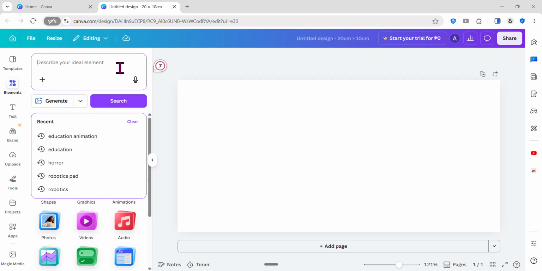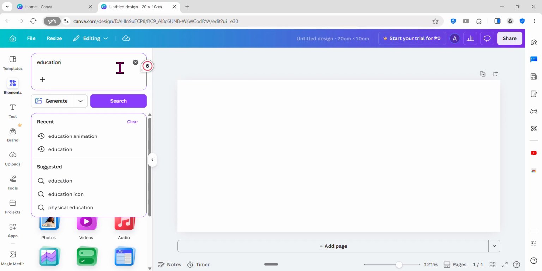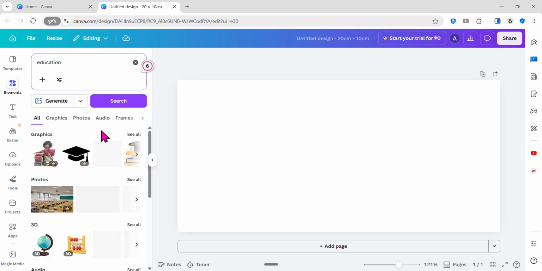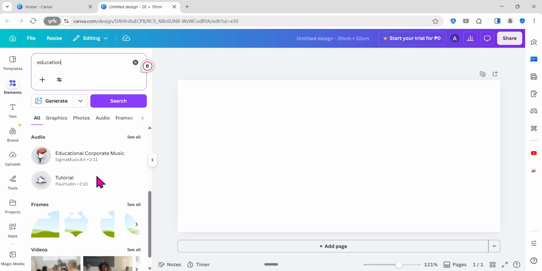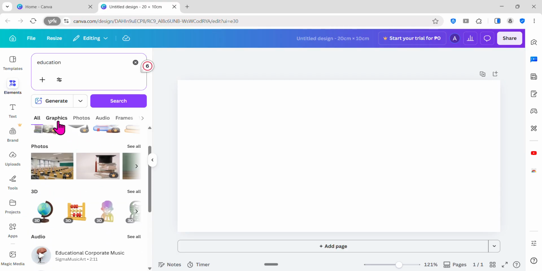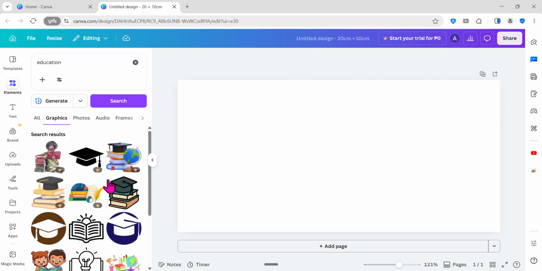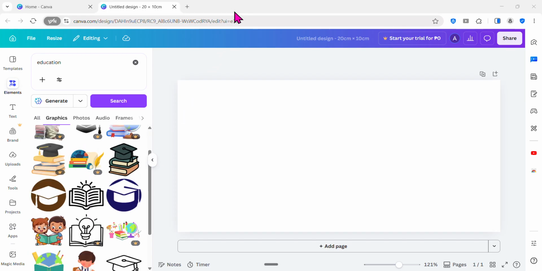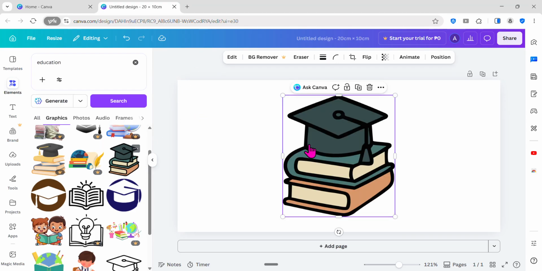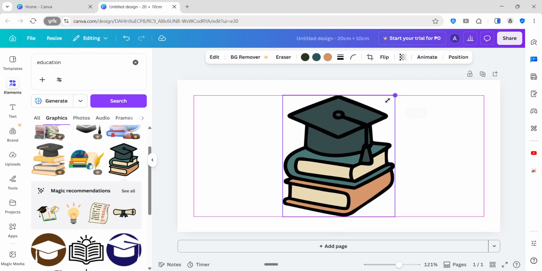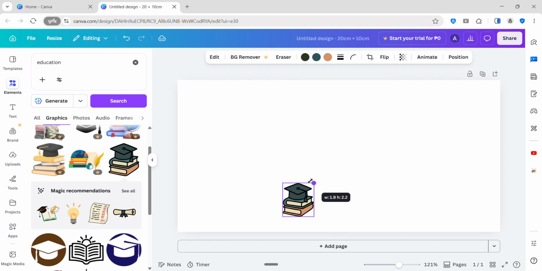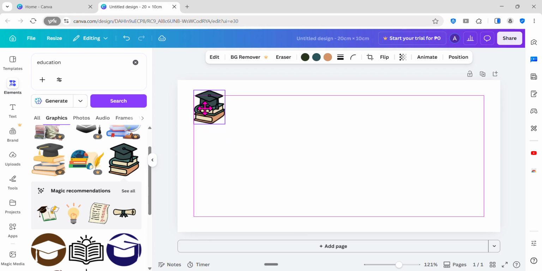For example, education. So here, go to graphics. Click this and edit like this. This is a sticker example.